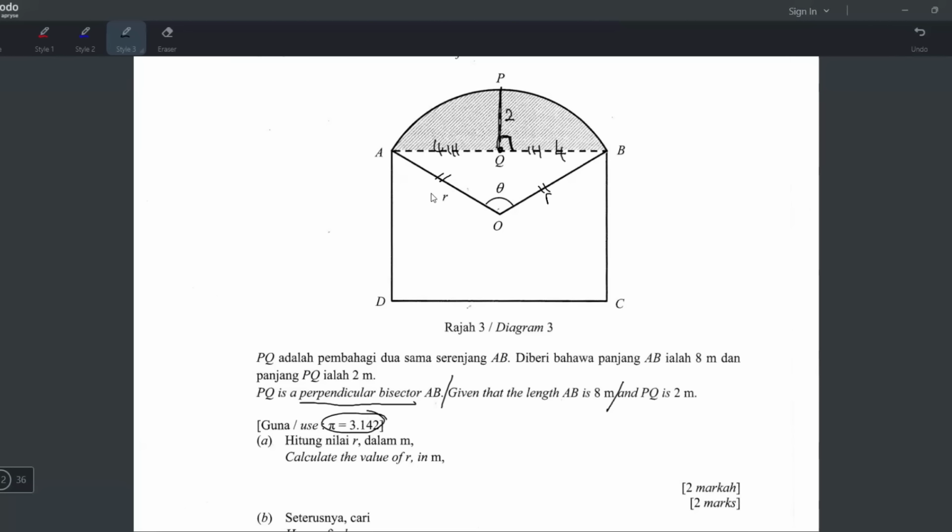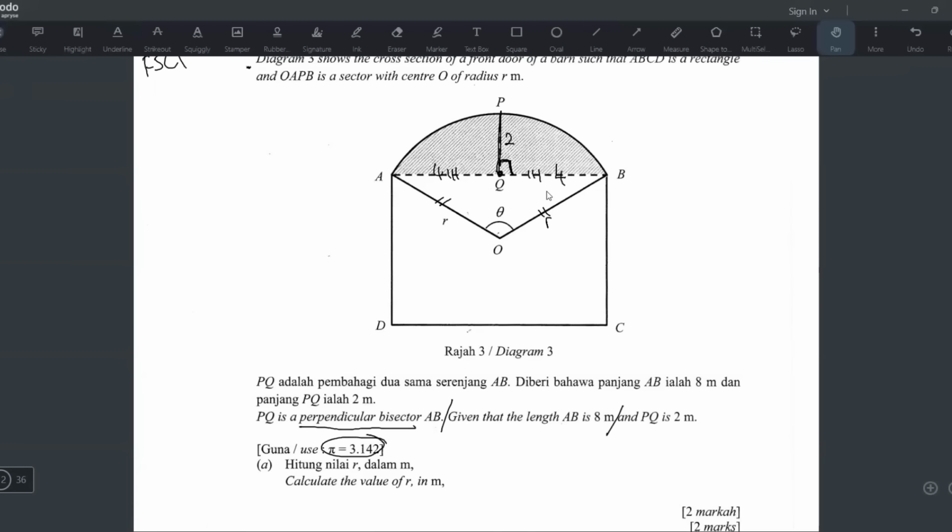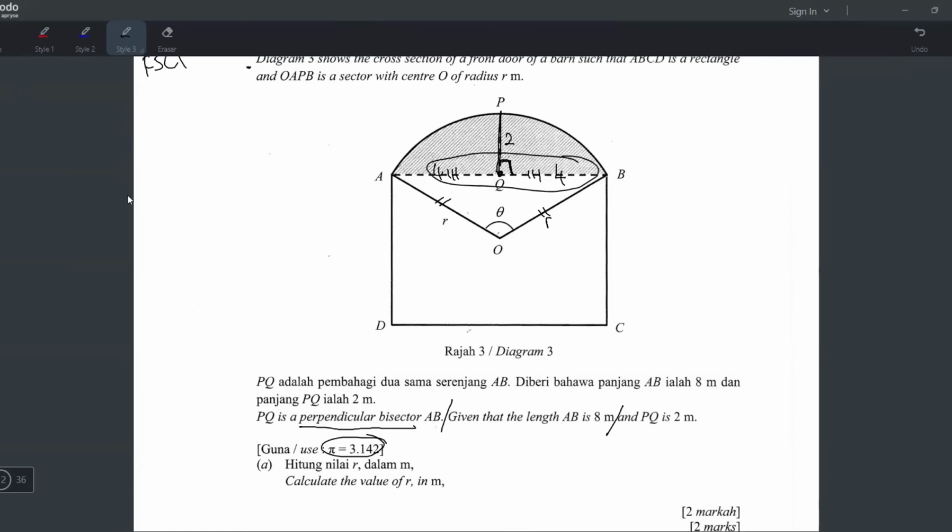Okay, can I use the arc formula? No, because they never give us the arc. Even if they give arc also, it's not possible because you don't have the theta and don't have the radius. Area of sector formula also not possible. What about the chord formula? Okay, I have the chord which is 8, but it doesn't work because the chord formula is 2r sine theta over 2. The r I don't have, theta also don't have. Yeah, so I don't think you can use that. Even the segment formula also cannot because they never give us area of segment. All right,